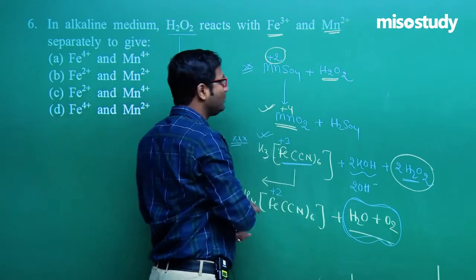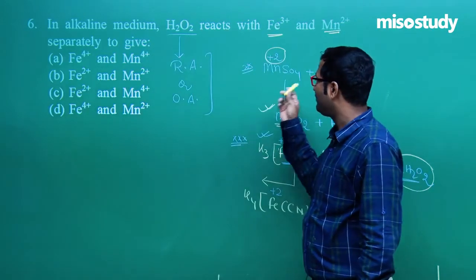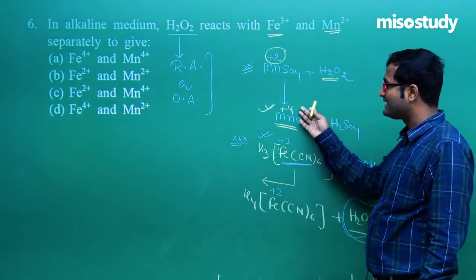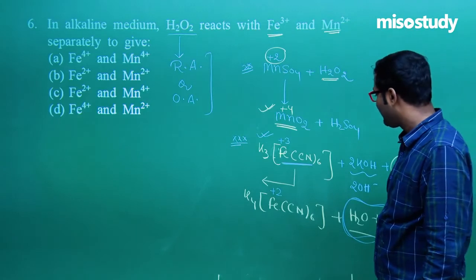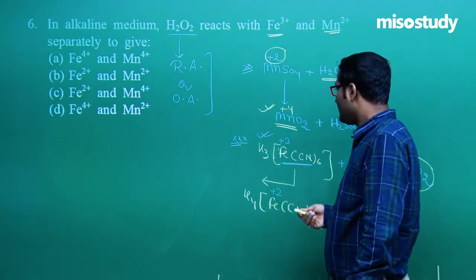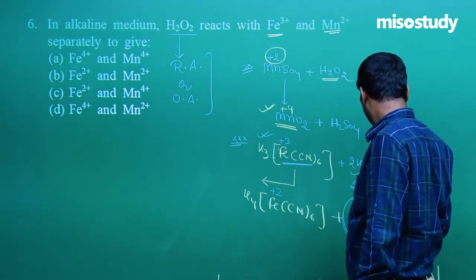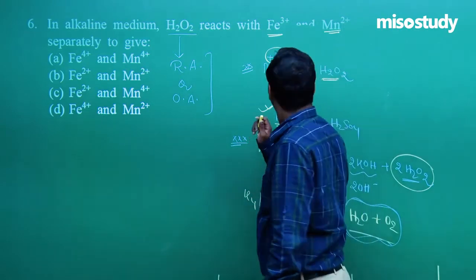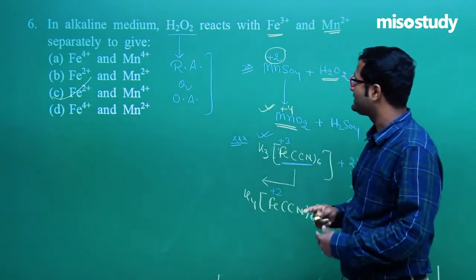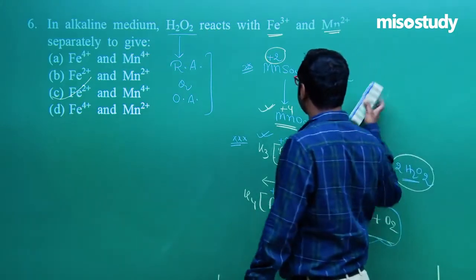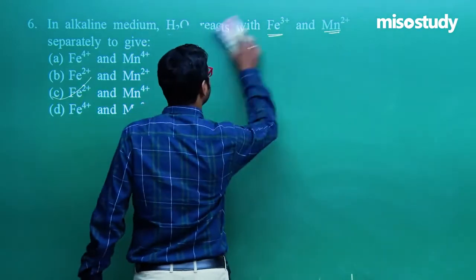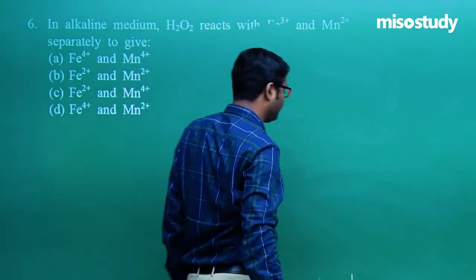In case of Mn2 plus, there is a conversion to Mn4, and in case of Fe3 plus, conversion into Fe2. This is the general reaction. Clear, friend? You can easily balance such reactions. Now, the question arises here. So the option here is Fe2 plus and Mn4 plus. So C is the correct option. Clear? I am going to rub this part, friend, and we'll discuss the next section of this question answer round.